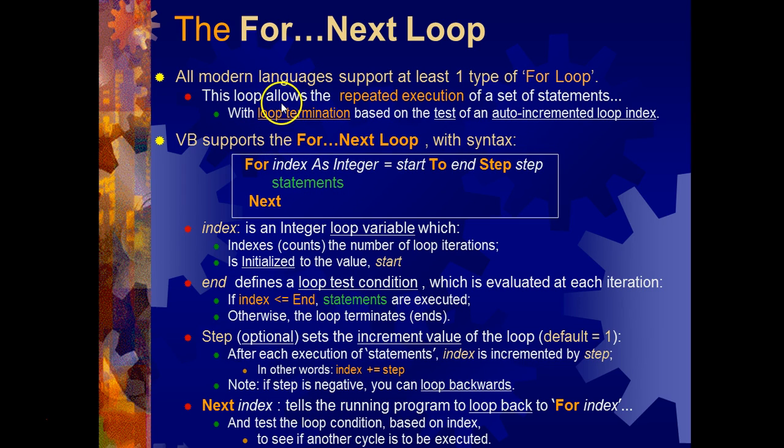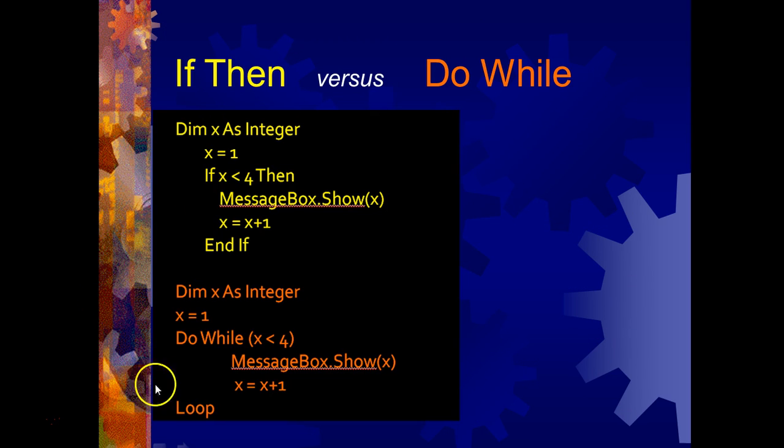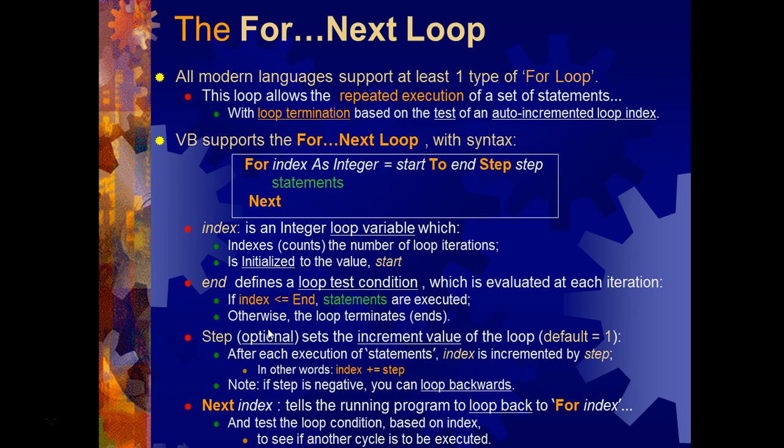With loop termination, so when do we stop? So we don't stop based on a condition, right, like we do in this one. We stop based on the test of an auto-incremented loop index. So we're auto-incrementing, so we're really not stopping based on a condition. Although you could say that we're stopping based on a condition when this integer reaches the end here. Okay, but anyway,